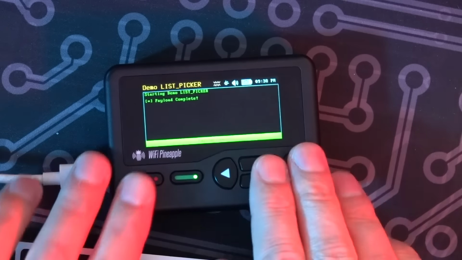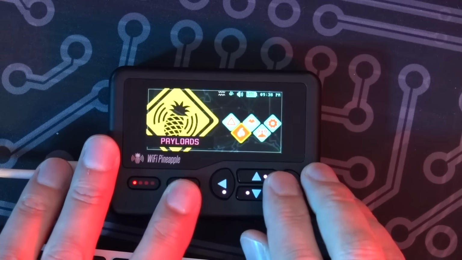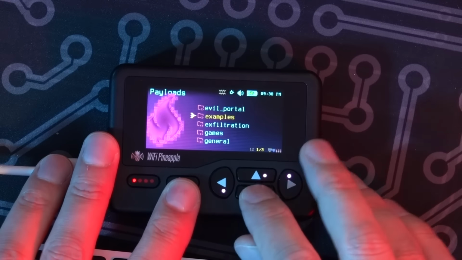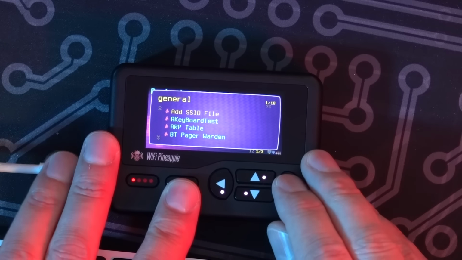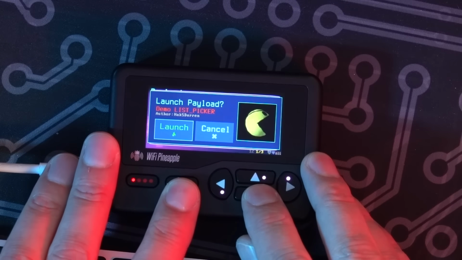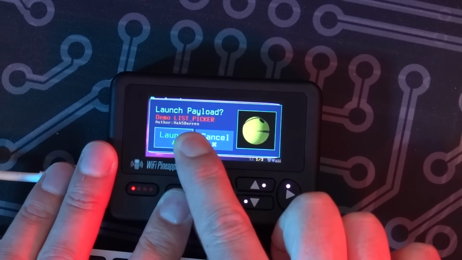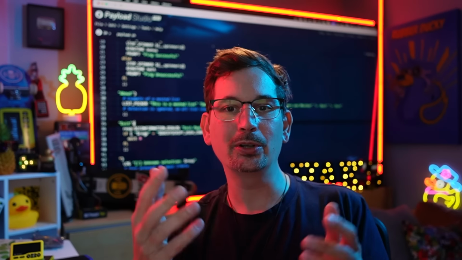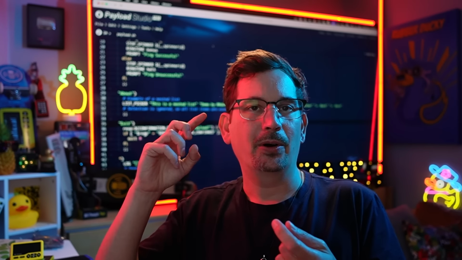UX-wise, metadata. I don't know if you clocked this when I first opened the payload launch window here, but if I go back in here to my payload under General, and where was it? It was right over here, Demo List Picker. You'll see it now says author Hack5 Darren. Hey, how cool is that? In fact, there's now variables here for the author and the description and the payload title, versions, all that good stuff. So you theme hackers can now add those,